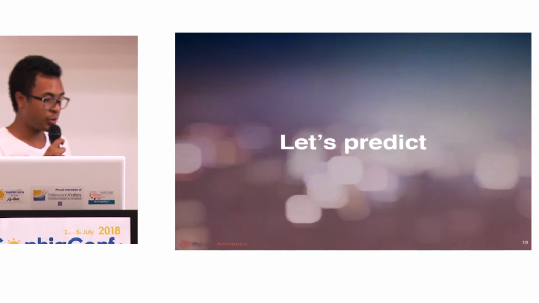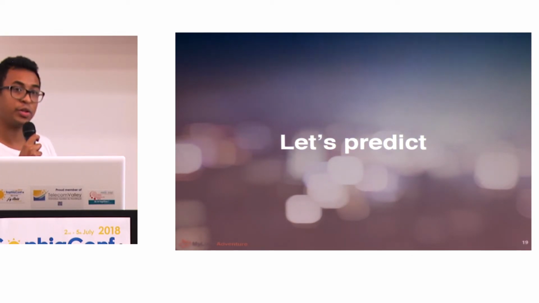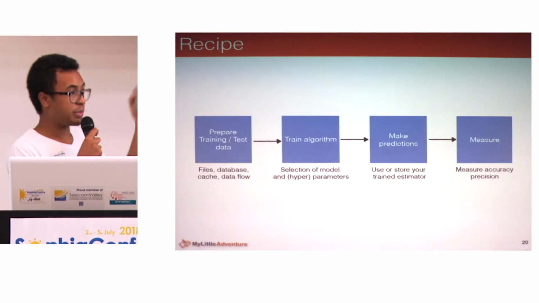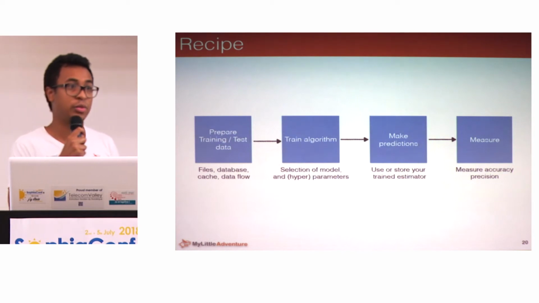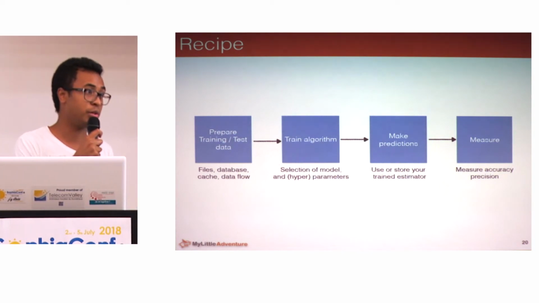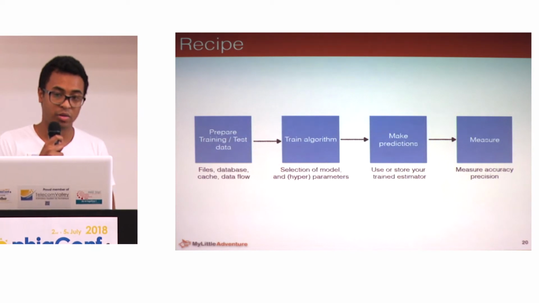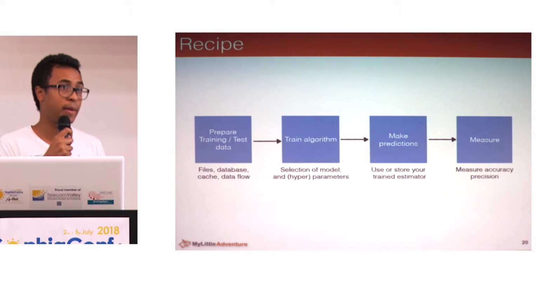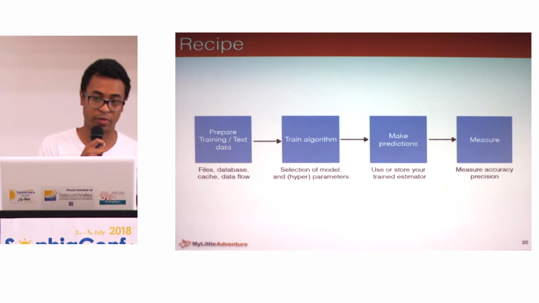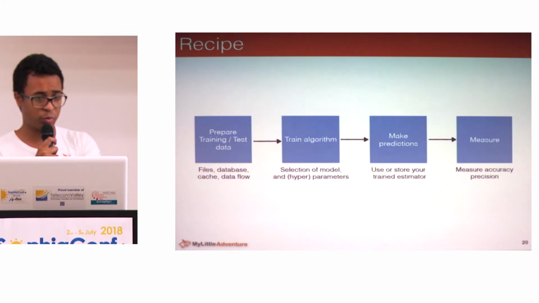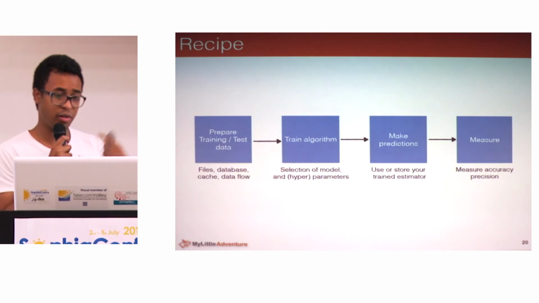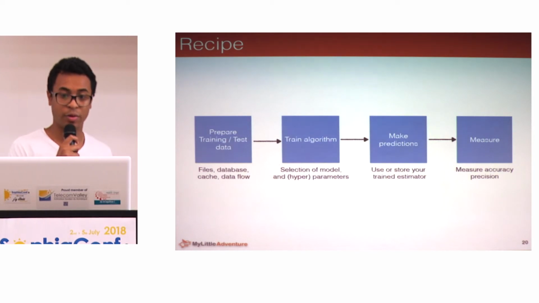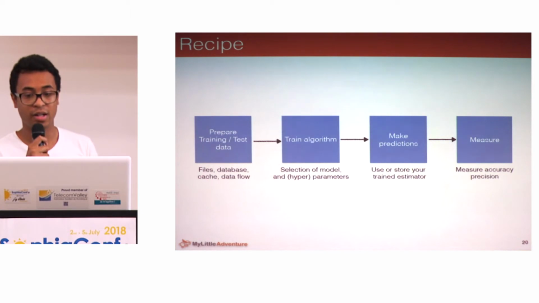So now that we have talked about the preparation of our text, we can try to use it for real. We will take a quick recipe that we use in machine learning nowadays. If you are curious, we did a talk about this. I can give you the slides later if you want. So first we need to prepare and get our training data, then choose a classifier algorithm, then train the classifier algorithm to make predictions, and finally measure it.